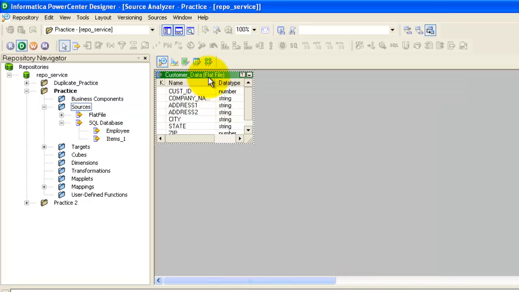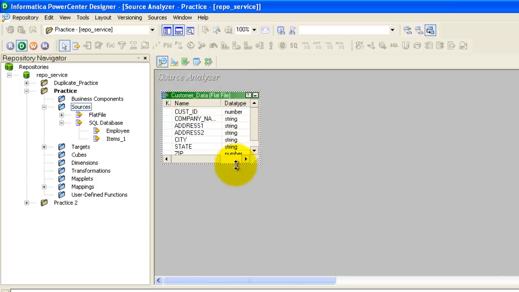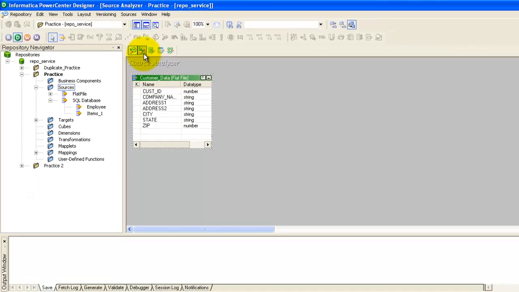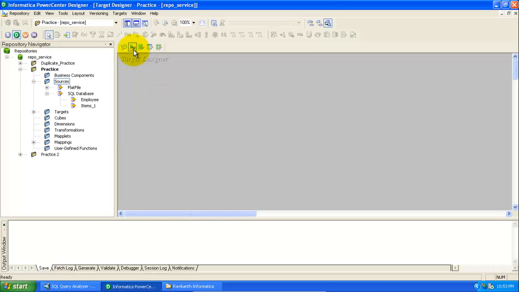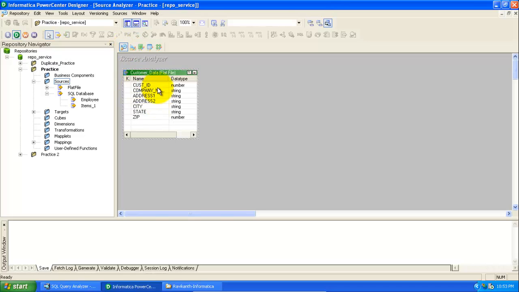Now you can see this is my source definition. Once we complete creating the source definition, you can see it has been added here in the repository navigator.